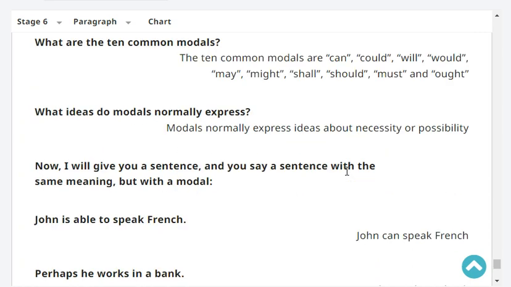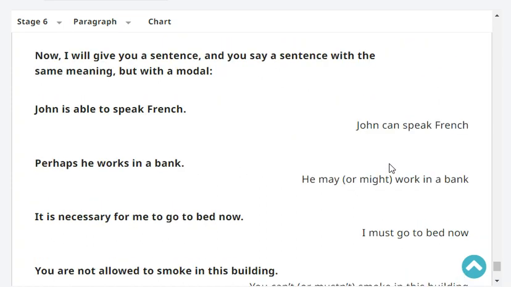What ideas do modals normally express? Modals normally express ideas about necessity or possibility. Very good. Okay, now I will give you a sentence and you say a sentence with the same